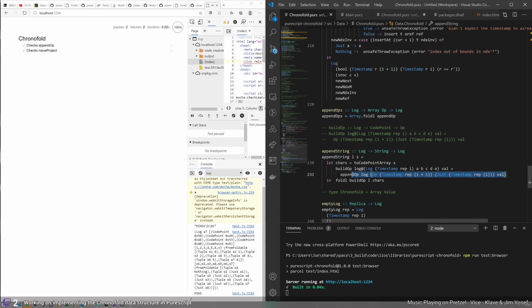I gather this indeed doesn't depend on... I wanted to try and separate append op from build op. And I suppose that's possible. So build op will need to be this, and that's the warning about shadowing, and therefore,